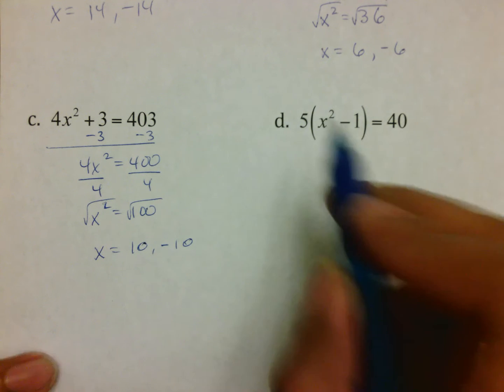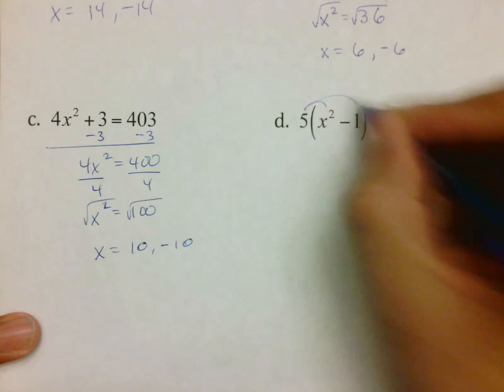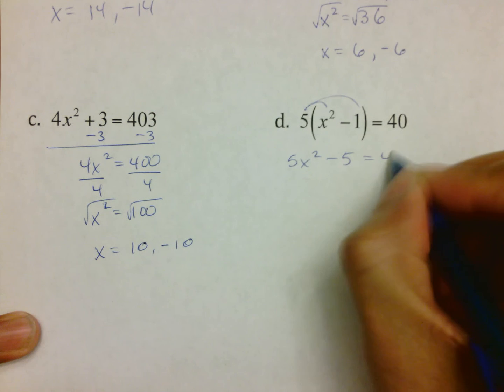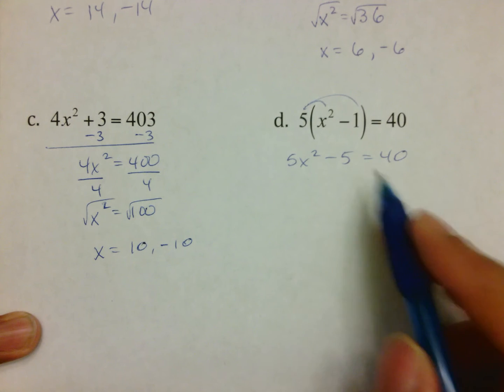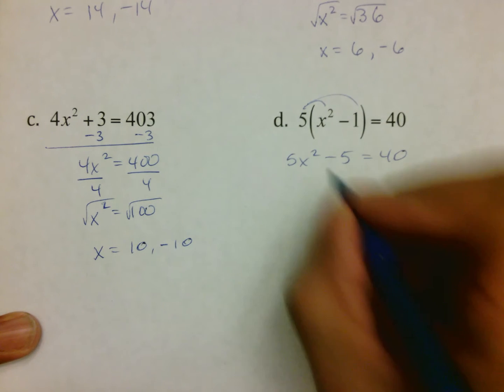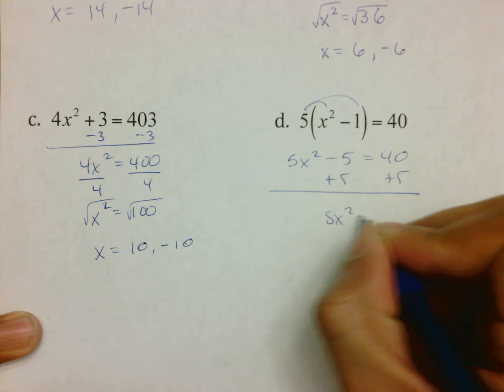And then the last one, 5 times x squared minus 1 equals 40. The first thing you want to do is distribute it. So this turns into 5x squared minus 5 equals 40, which now looks just like this question. And so once you distribute it and get rid of all your parentheses, you are now equipped to handle this by adding 5 to both sides,